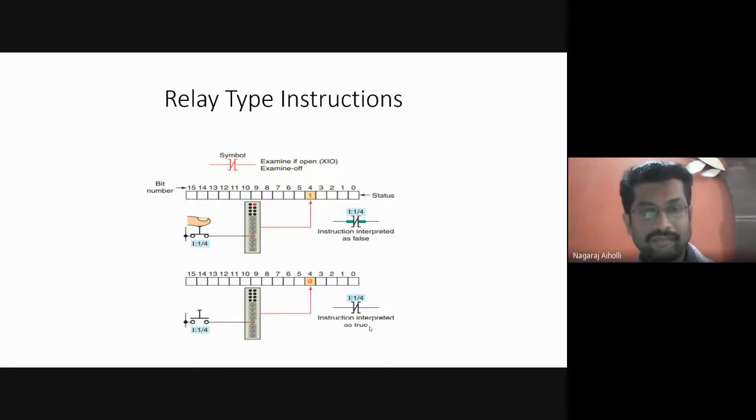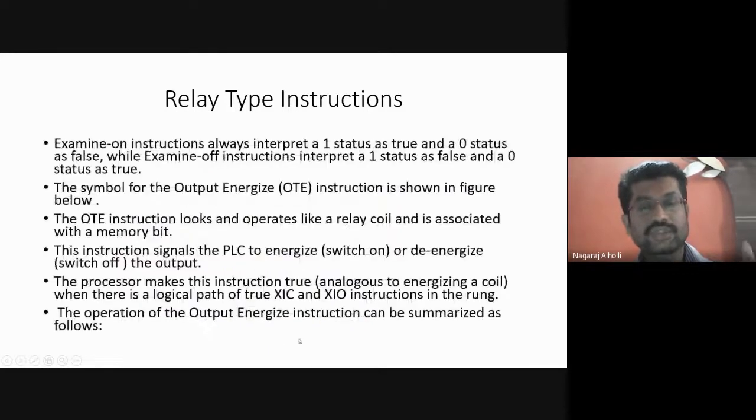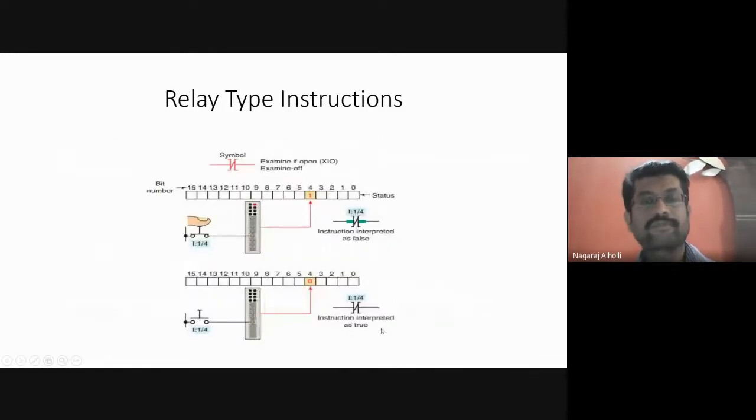Okay, if it is pressed, the NOT of press is false. There we have taken it as true in XIC. So NOT of true is false. Then if it is open, there we have taken it as false in XIC. NOT of false is true. Is it not? This is how it works.